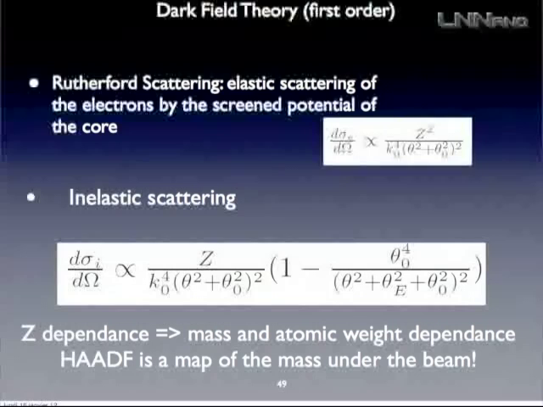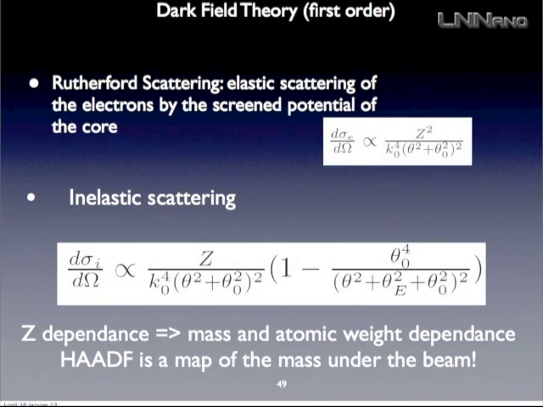K0 is a constant related to the wavelength of your beam, and theta is the angle of deflection, and theta 0 is a typical angle of deflection. So it's essentially what this